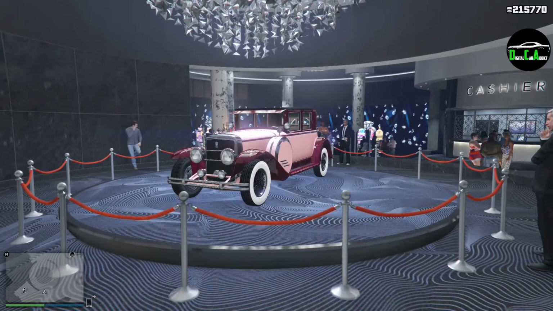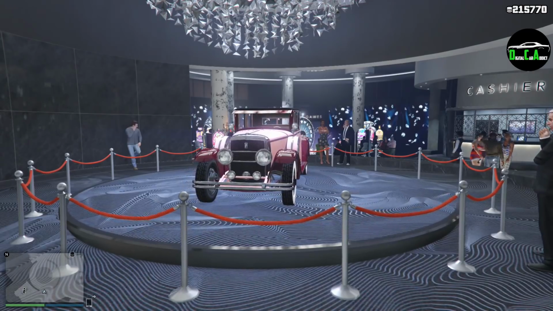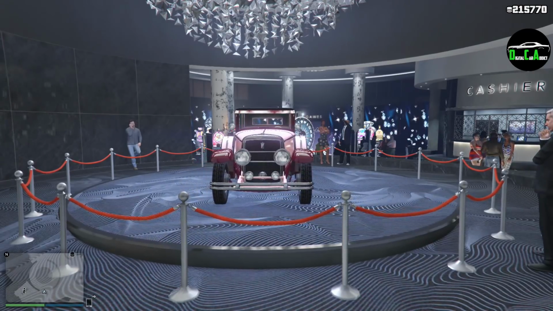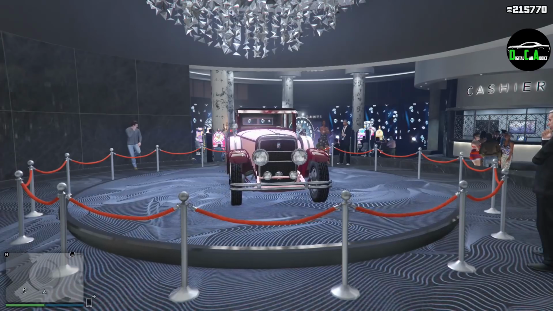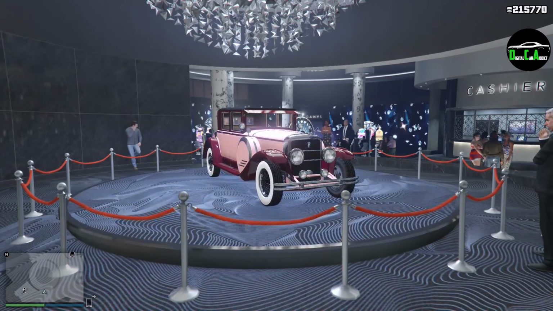In this video, we'll be talking about this week's Double Money Event Week, as well as the vehicle and property discounts, and the addition of the diamonds to the casino heist, which is ridiculous. It's finally here. This event week for the discounts and all that in Double Money is for February 13th through